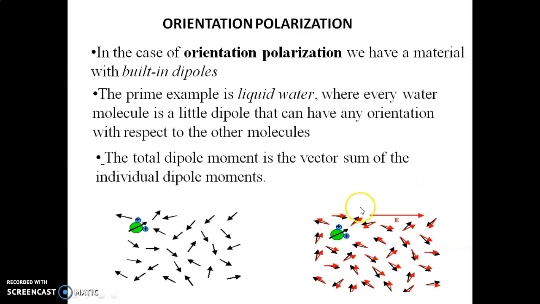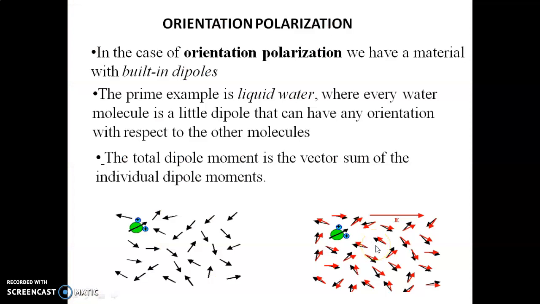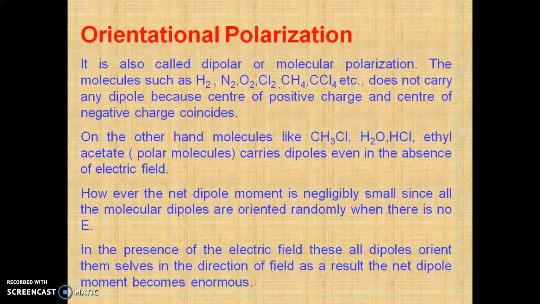So once you apply the external electric field, what will happen? The positive charges tend to align towards the direction of the applied field, and the negative charges tend to move away from the direction of the field, so that rotation of these molecules takes place, and this is called orientation polarization. It means rotation of the molecule takes place due to the application of the external field. So this one is orientation polarization,